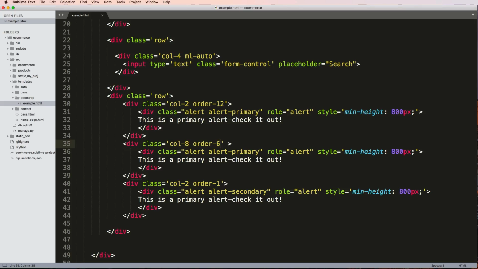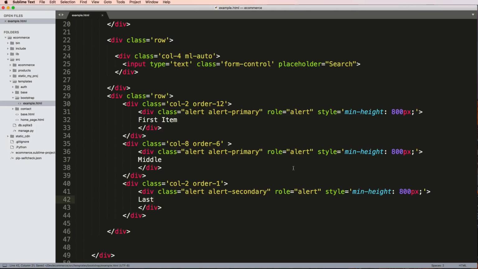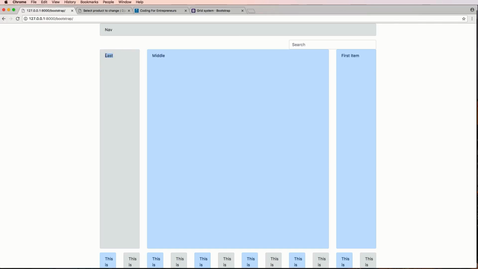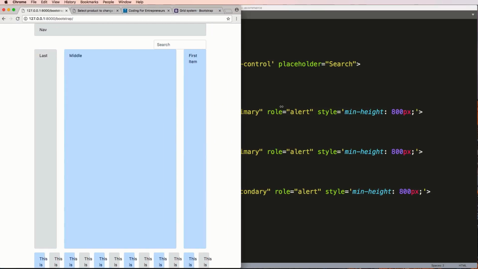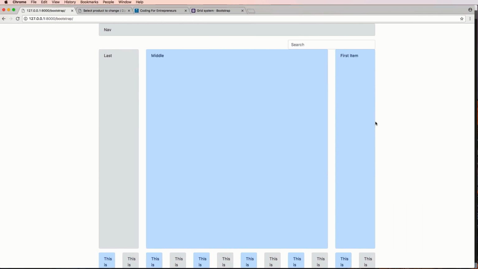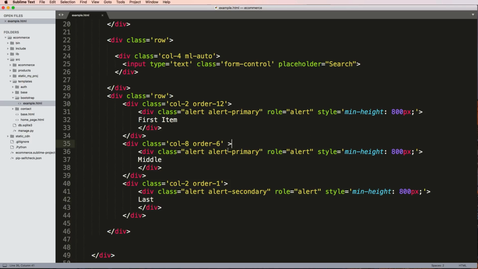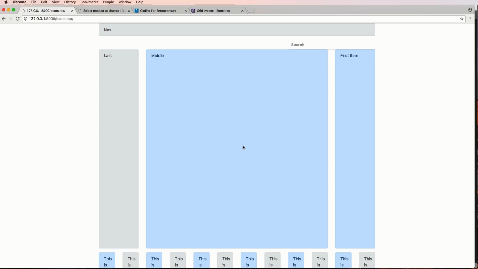Right? So we can see this by saying first item, middle, and last, right? So we can actually look at this ordering. Save that, a refresh there, last, middle, first. No matter what, we break it down, those stay exactly where they're supposed to be. So this is cool, but